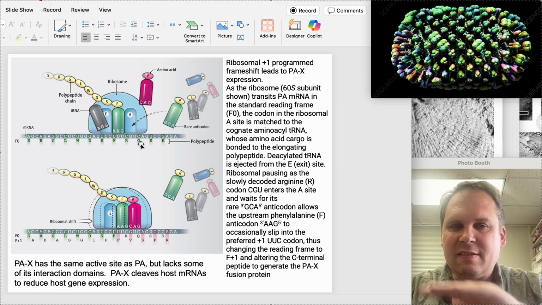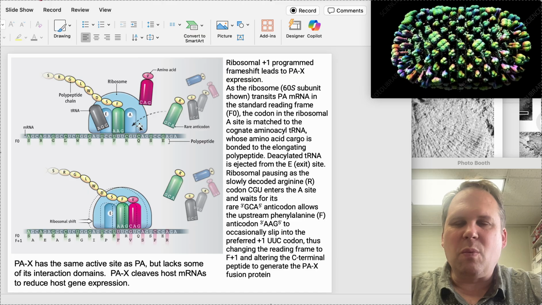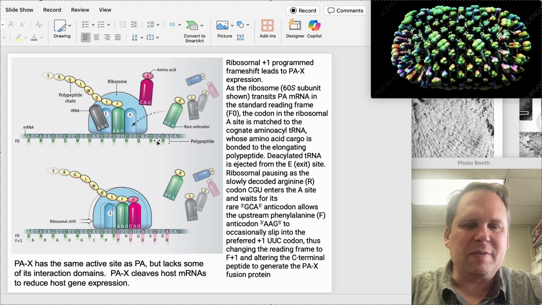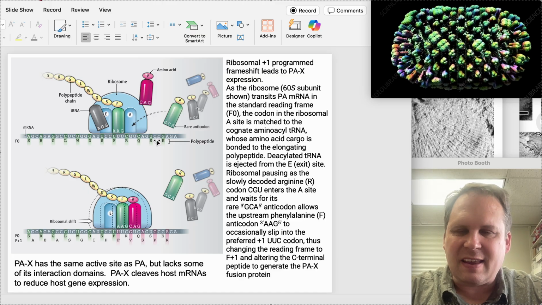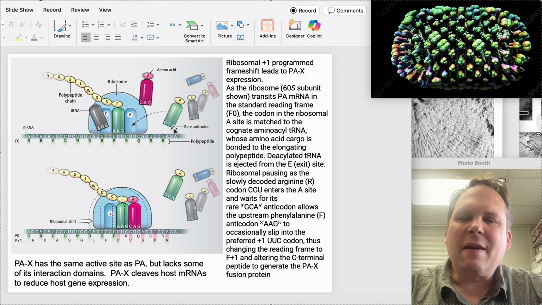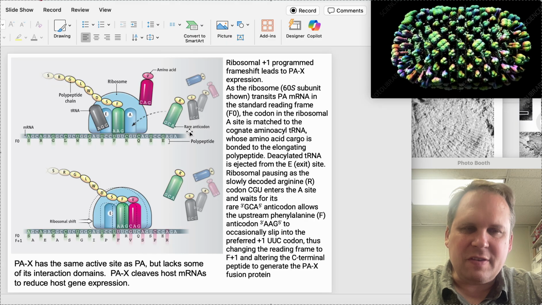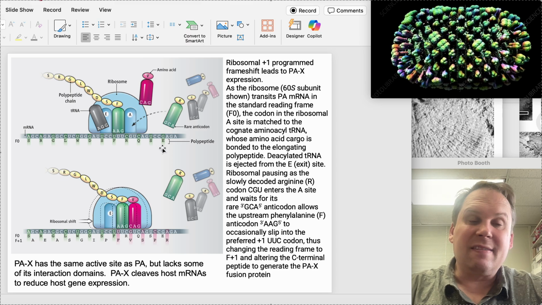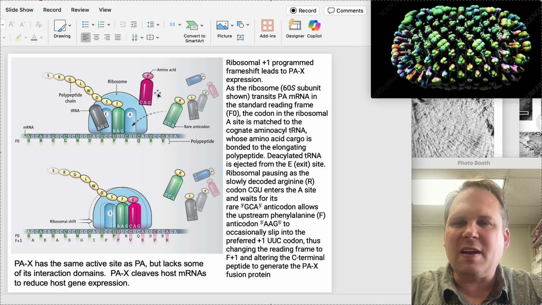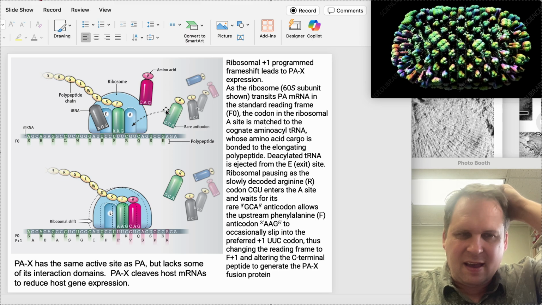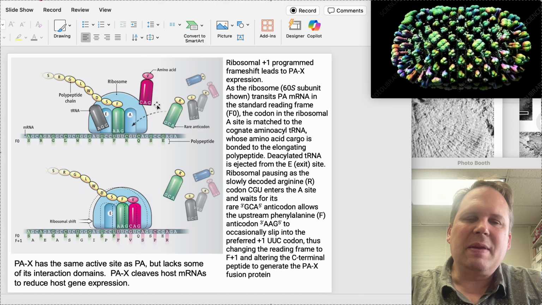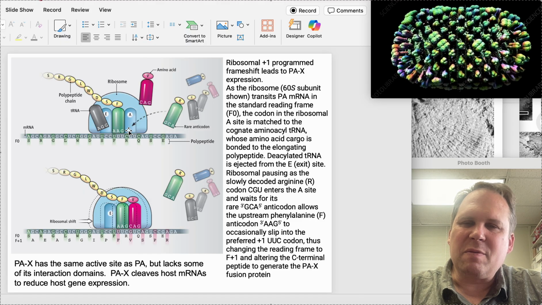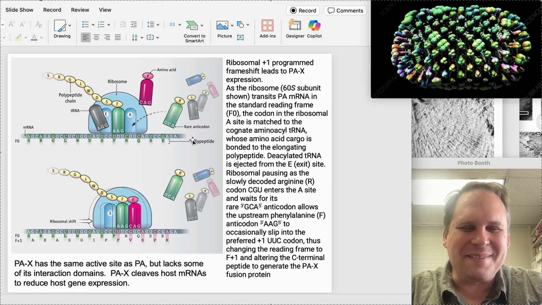So instead of a pseudoknot, you have nothing. The thing that is controlling the rate of the ribosome is not it bumping into an RNA secondary structure. It's the rarity of this particular arginine codon. And so the codon is going to bind to a CGU over there. And there's just not much of this particular tRNA with this arginine on it available in the cell. And so because of that, if the ribosome gets, I don't want to say bored, but that's kind of how I imagine it in my mind,